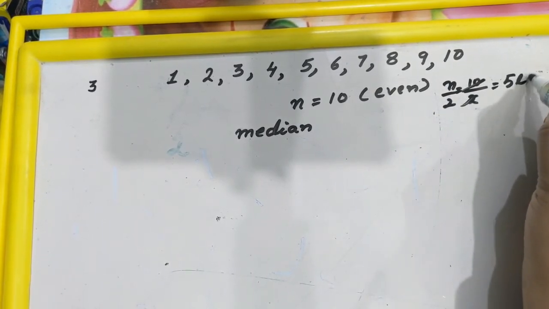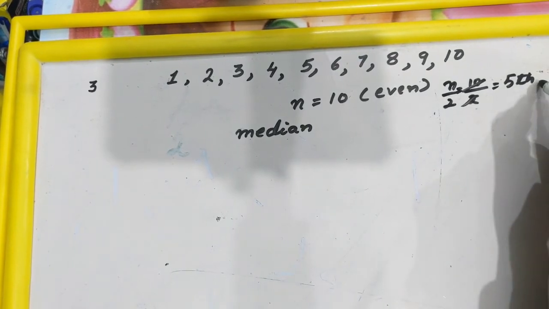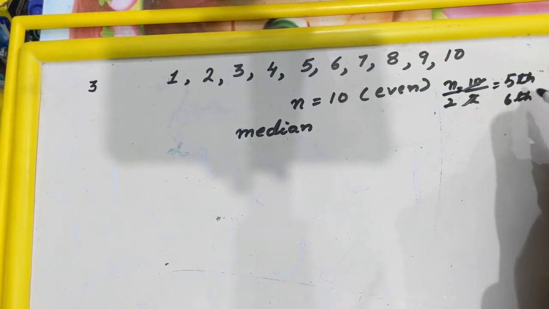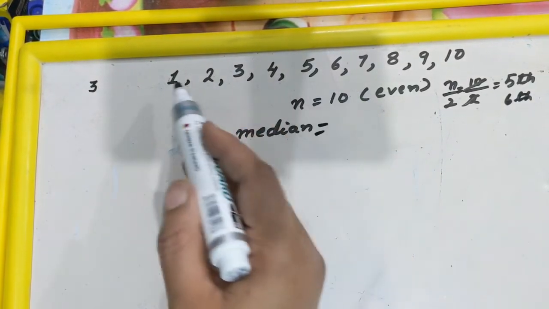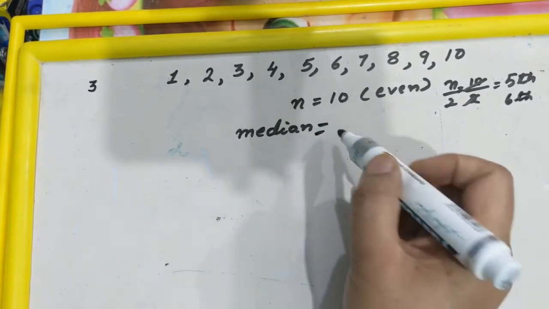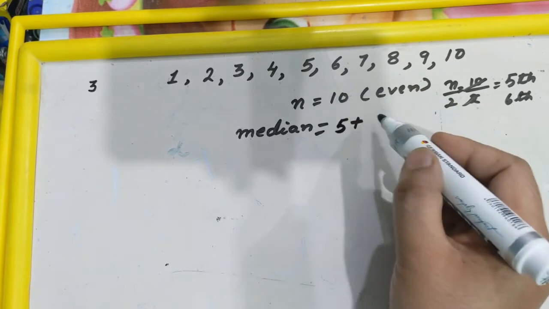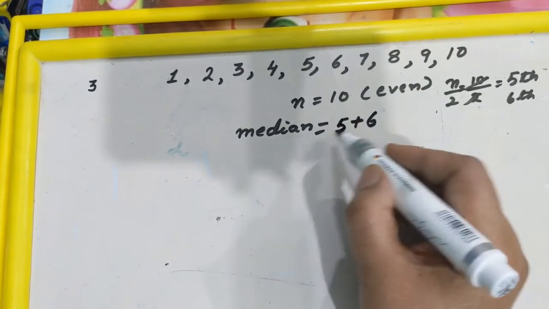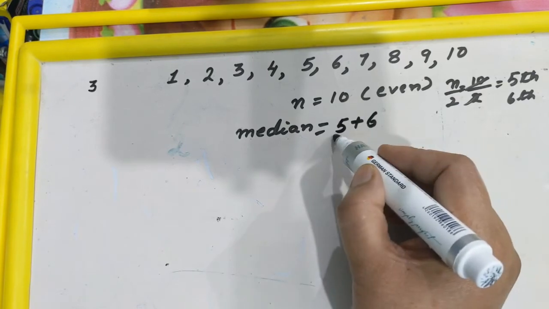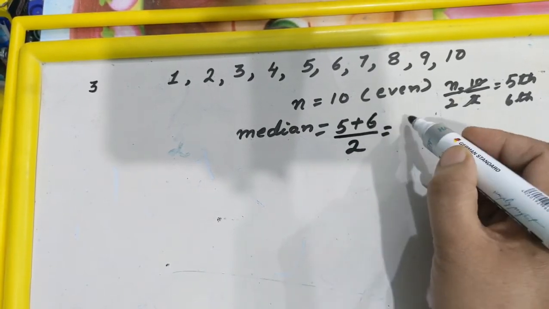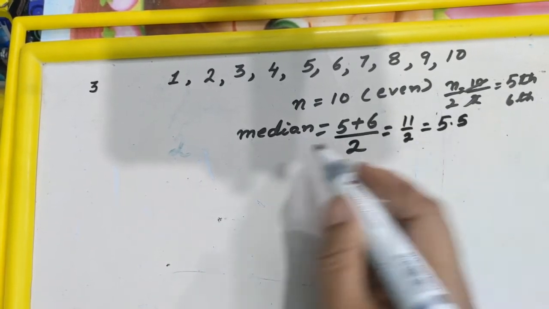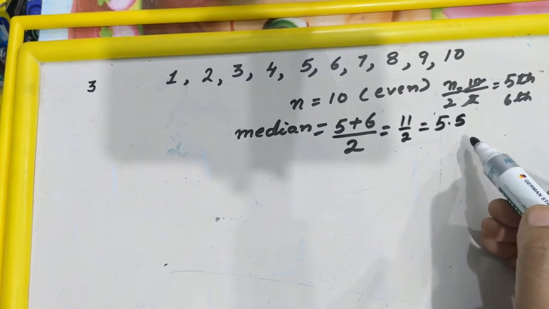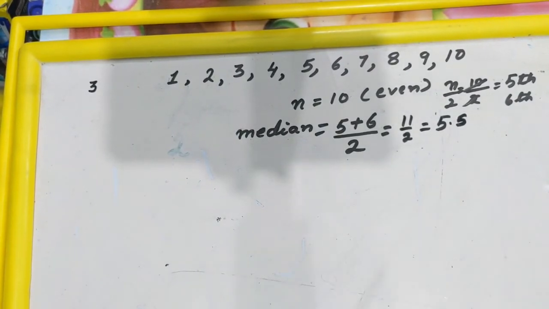equals to fifth term. And next term, fifth and the next term. Next term is sixth term. So we have to find the mean of fifth and sixth term in this given set of data. First, second, third, fourth, fifth. Fifth term is 5 here and the sixth term is 6. So how will you find the mean of these two terms? Sum of observations upon number of observations. So let's simplify. 11 by 2 equals to 5.5. Hence the median is 5.5. Clear? We'll do some more questions and you'll find these sums very easy.